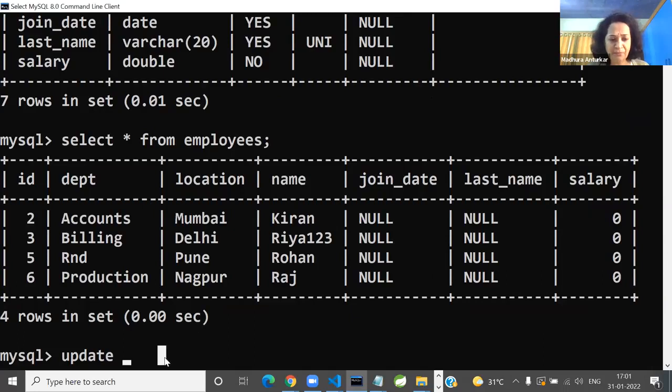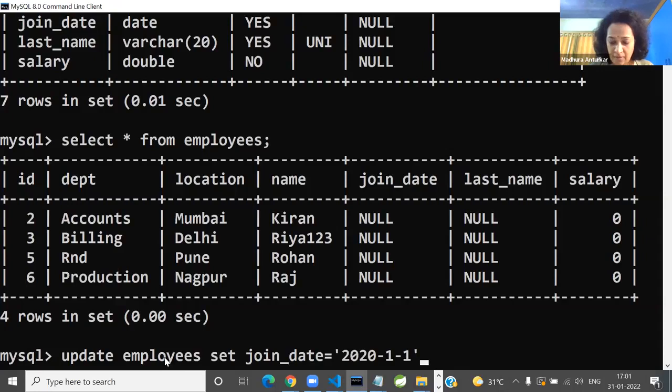So you can say update employees set join_date equal to, it's year month in this, so 2020, let's say 11 something. The last name, everyone's last name cannot be the same, so I'll have to give some name. And what else do I have? Salary. I don't think you require my help for that. Equal to,